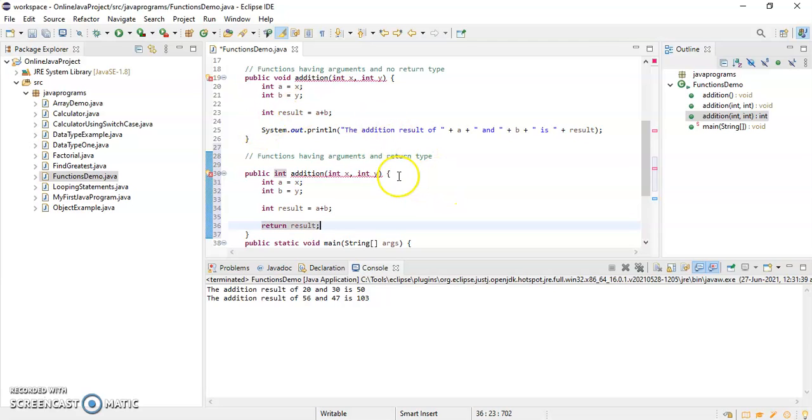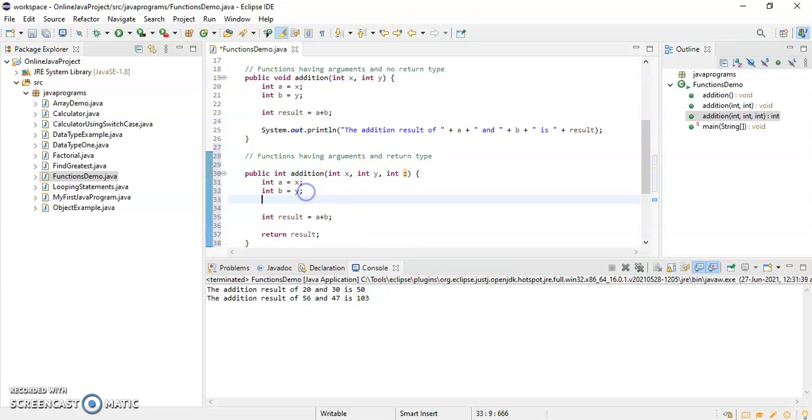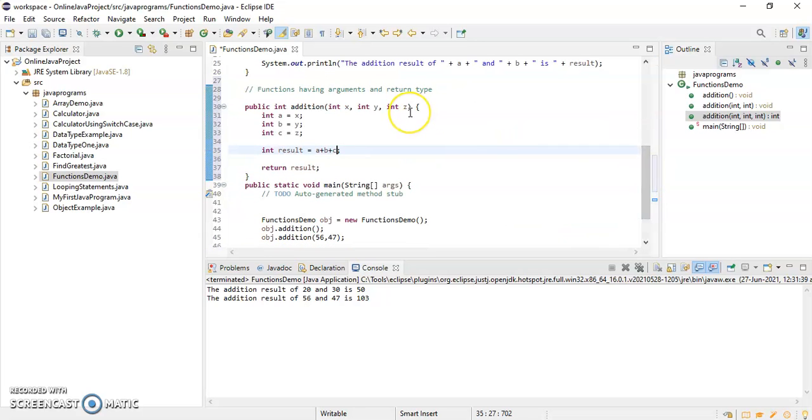Okay, say I'm just calculating int y as well, int z. Okay, and here I'll write int c is equal to z. Okay, and I'm just writing a plus b plus c. So here I'm passing three arguments and I am also returning the result.